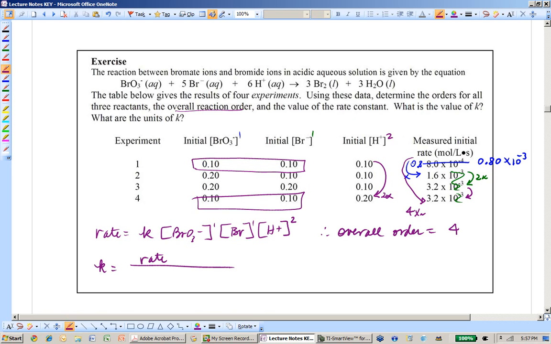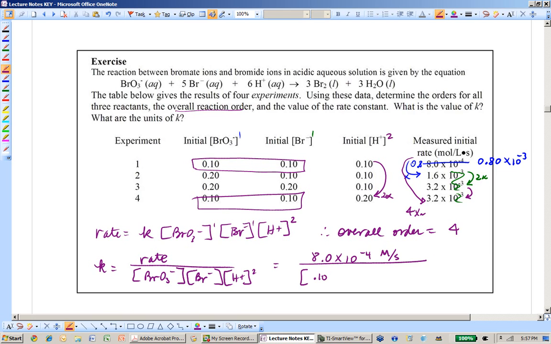And the value of the rate constant, k, equals the rate. Pick a line, any line, just stick with the same line. Concentration of this, concentration of this. I left my minus sign off. Concentration of this squared. So I'm going to go with the top line, 8 times 10 to the minus 4, and that is in molarity per second, divided by